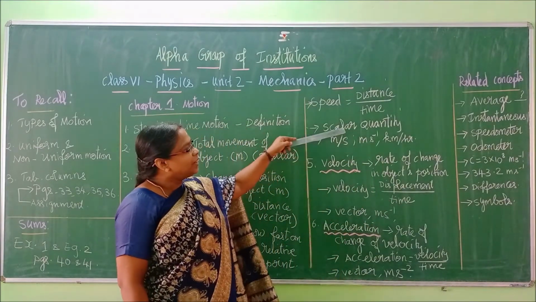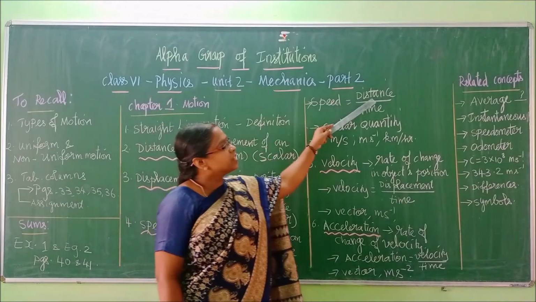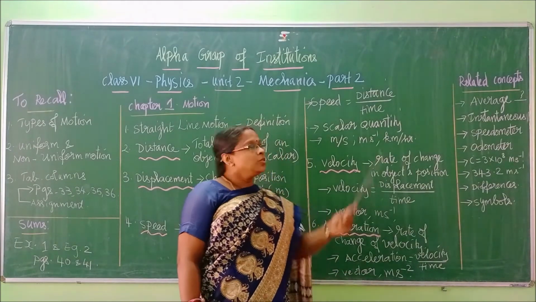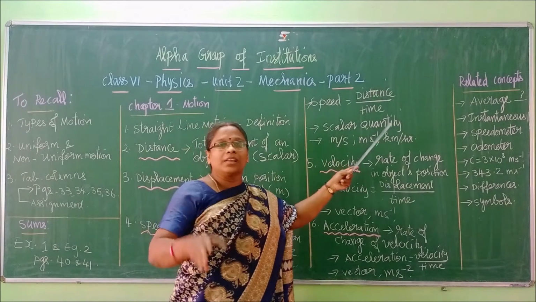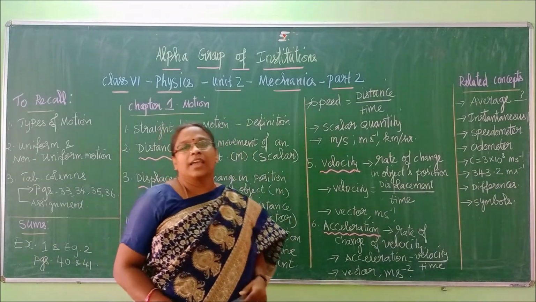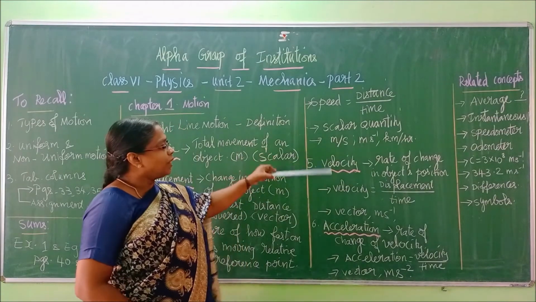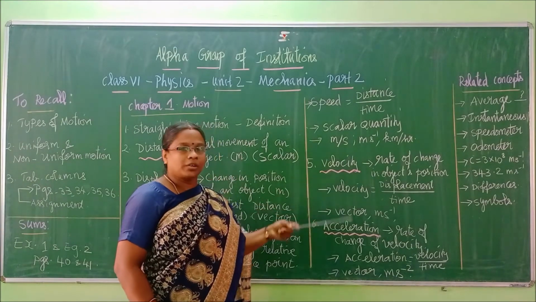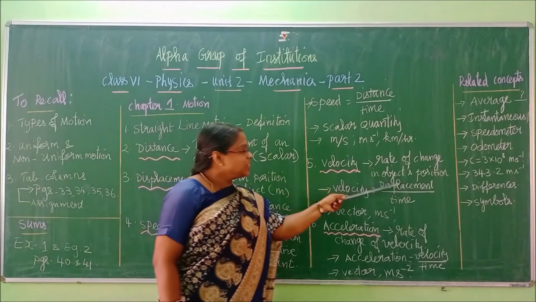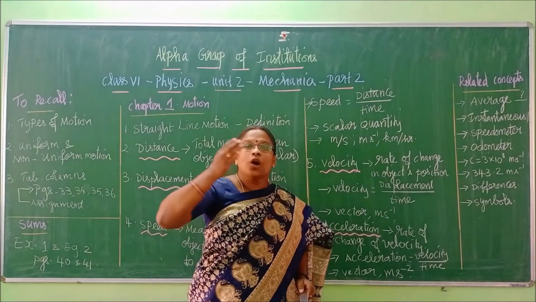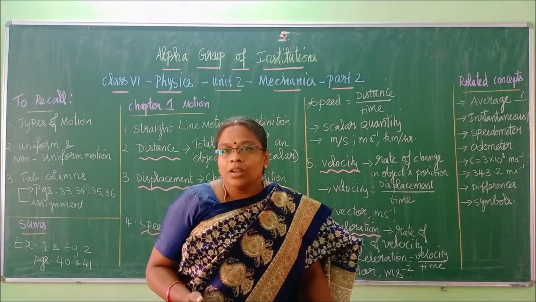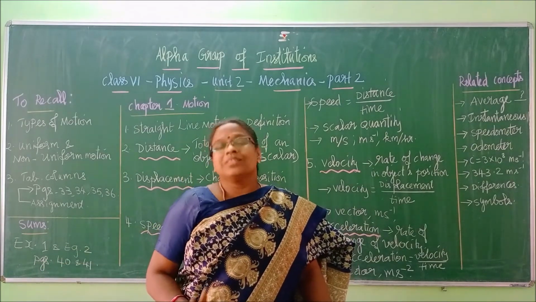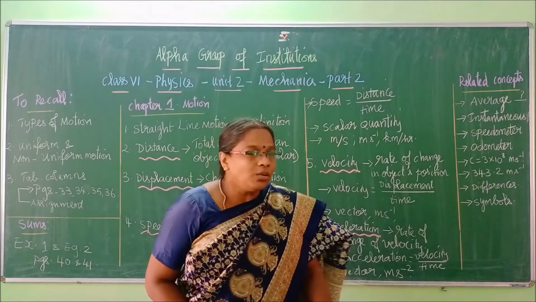Now what type of quantity is this? Here I have said distance only. Will distance have any direction? No. It is a scalar quantity. So as distance is a scalar quantity, speed will automatically also be a scalar quantity. Now what is the next one? Velocity. Simple, children. Now I will say the formula. Velocity is equal to displacement by time. How much you are displacing? Displacing means the start position and the end position. That displacement by time is called velocity. Now this is your formula.